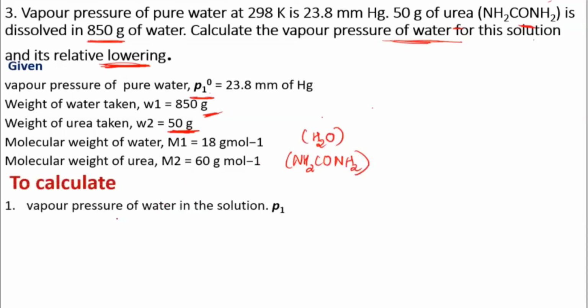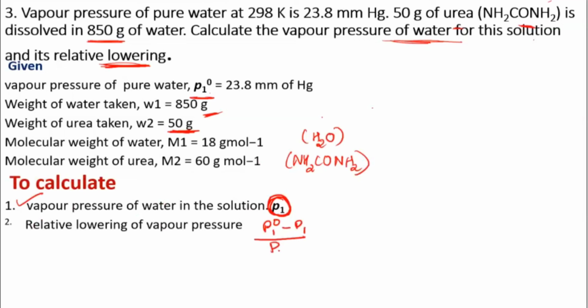Okay. So two parts are there for you to calculate here. One is vapor pressure of water in the solution. That means P1. Whatever of the solvent is there in the solution. Then relative lowering of vapor pressure. That will be P1 naught minus P1 divided by P1 naught. So if you know these values directly, P1 naught value and P1 value, you can directly substitute and find out relative lowering of vapor pressure. Suppose if pressure values are not given, then you have to go in terms of mass and molar mass substitution, correct? So you can do either way because both are equal to one another, no?